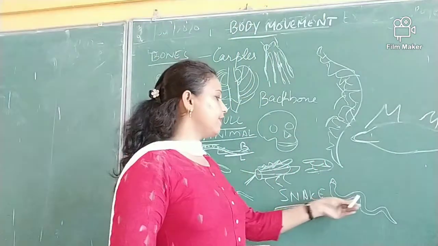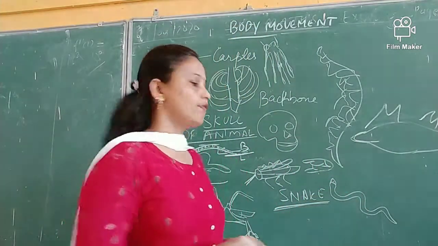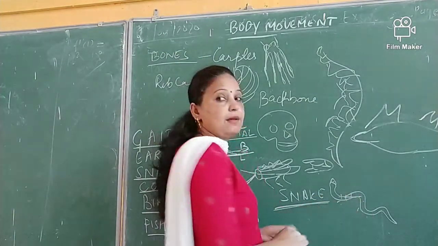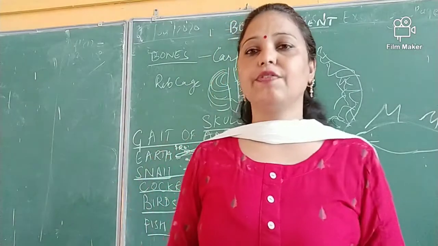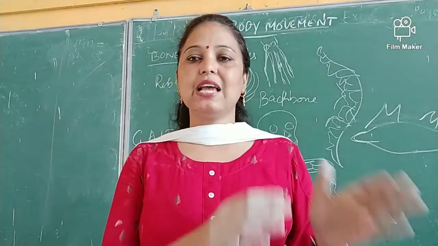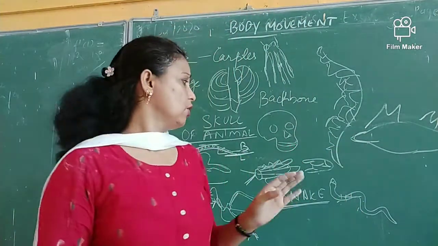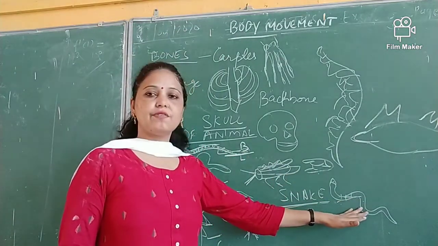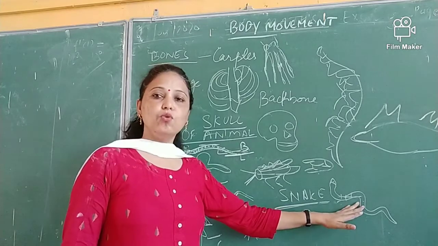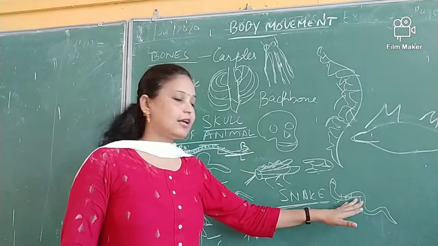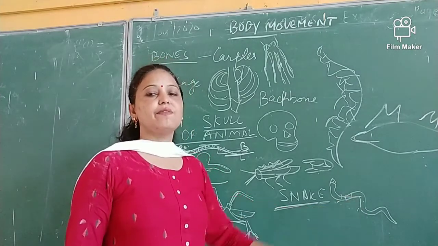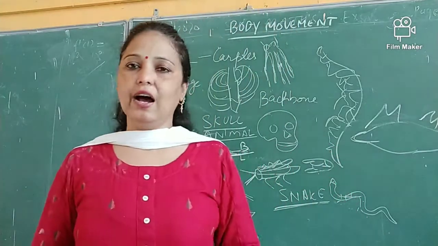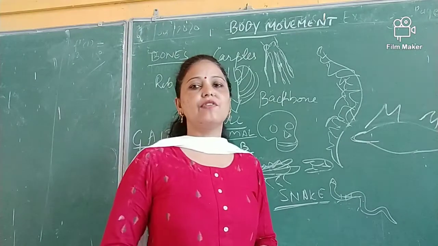So you will find that whenever the snake moves, there are a lot of loops. These loops help them to crawl on the surface. These fine bones and the muscles of the snake help them to crawl on the surface, and they can move easily, or fast, with these loops. If they have more loops, that means it is running fast or has a high speed. So these are the different gaits of animals.